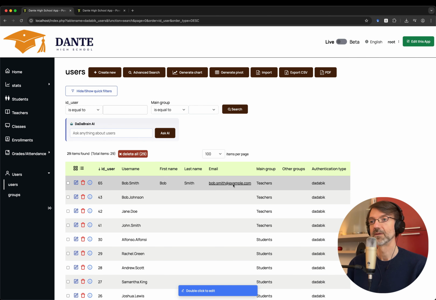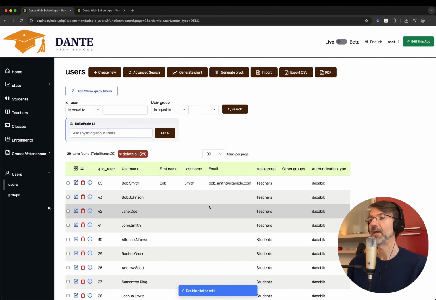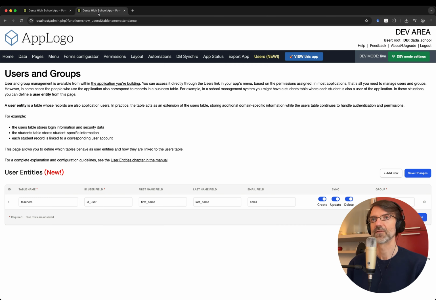Bob Smith. As you can see, the email has been automatically updated in the users table as well. Okay. Now, how is this set? So how can you tell DaDaBIK that a table is a user entity table? From the